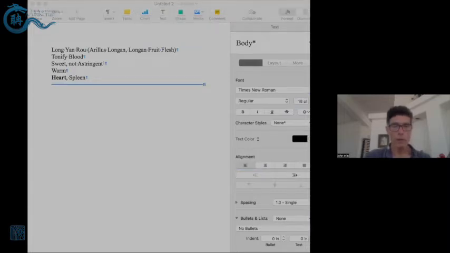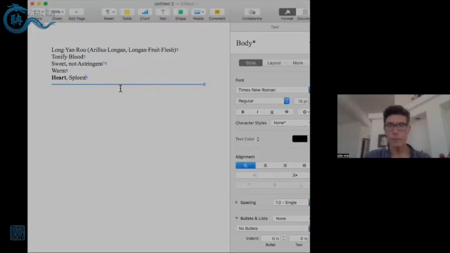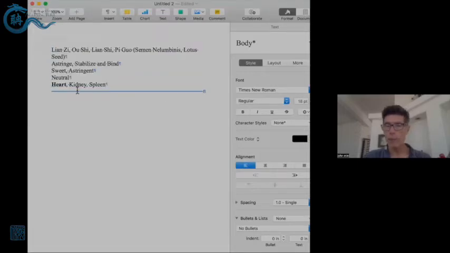Okay, now here comes an herb that has both kidney and spleen. Okay, so that might be helpful. Okay, it's sweet, but this one is astringent. So maybe it's not going to be that helpful, right? It's neutral, we know that. But if for some reason we needed to have all of these tropisms, might not be too bad, but we'd have to be careful of the astringency for what we want to do. I would say probably quite careful, depending on what else is going on with the patient,